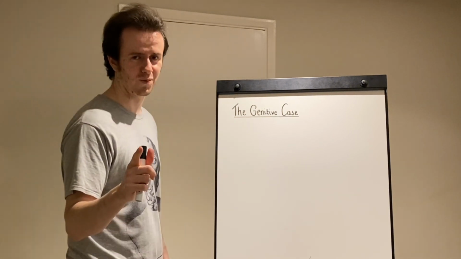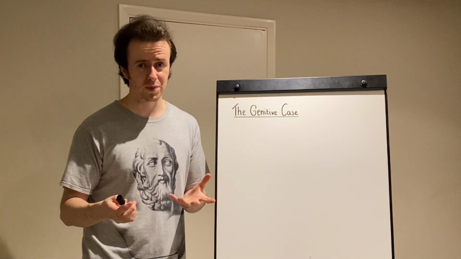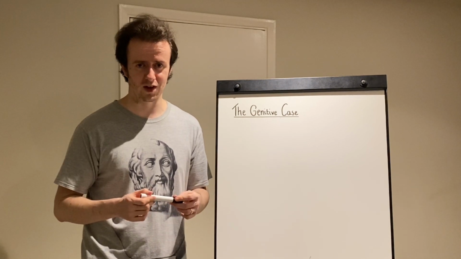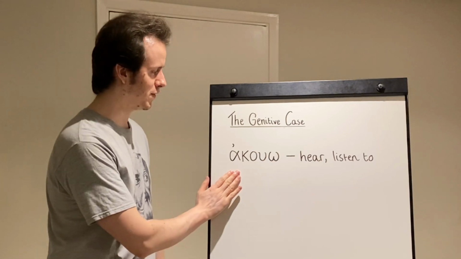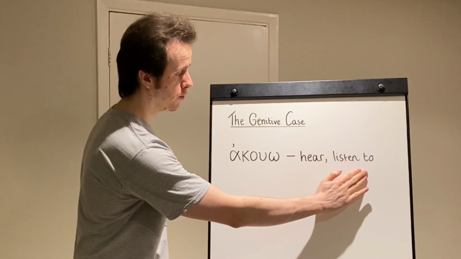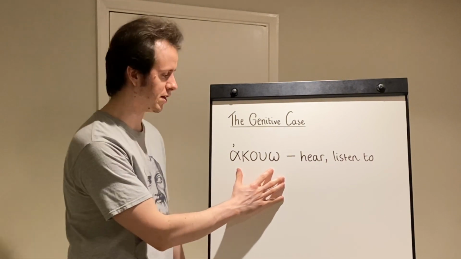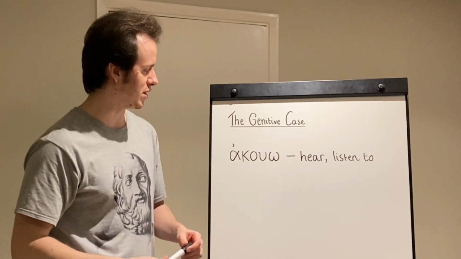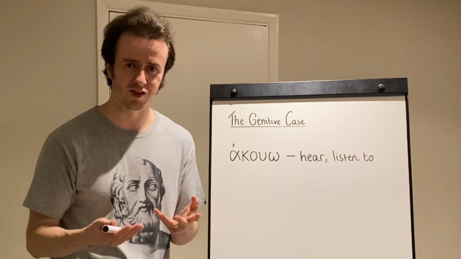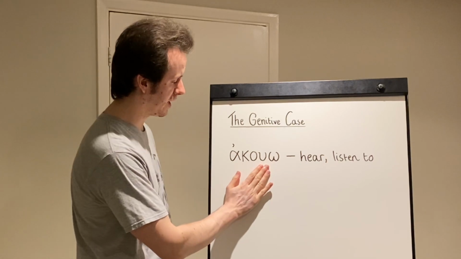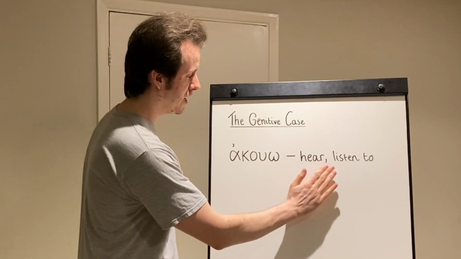But there's one final thing. I'm now going to introduce you to a new verb, and this verb will appear in one of the sentences that I'm about to give you. And that is the verb akouō. Akouō is the verb to hear or to listen to. And of course, in this form, it means I hear or I listen to, because this is the first person singular present indicative active. However, when you're meeting a new verb in a vocabulary list or dictionary, they'll give the